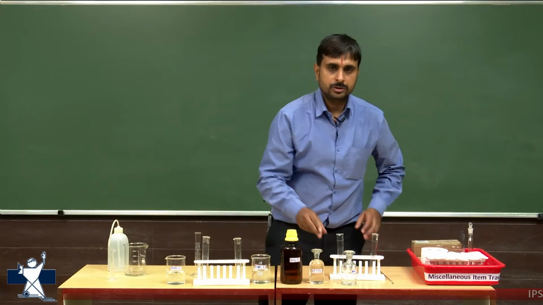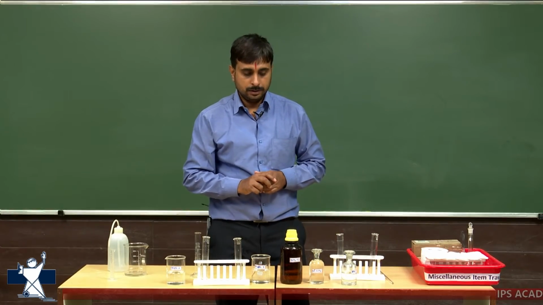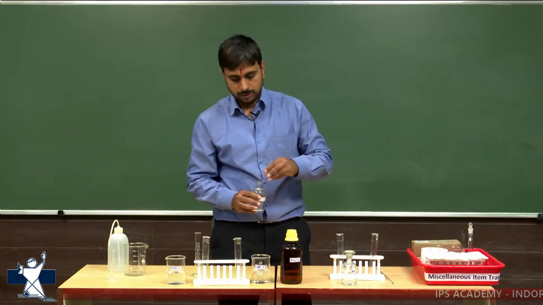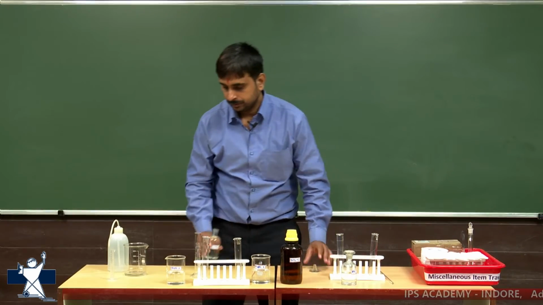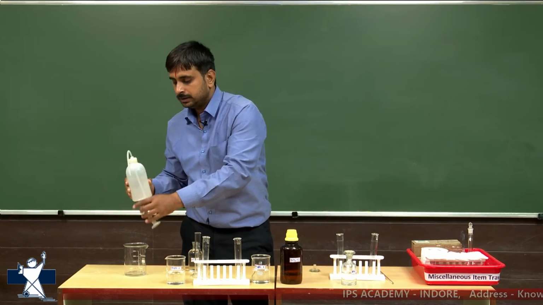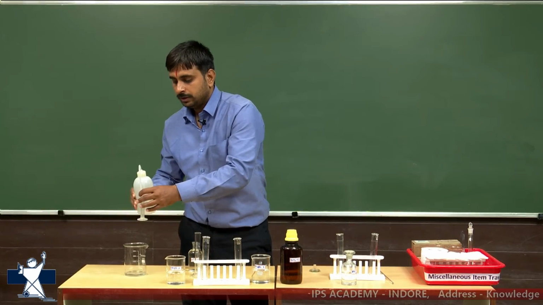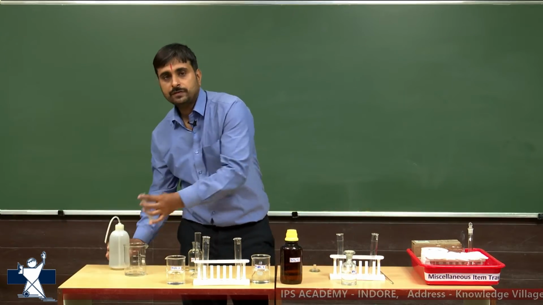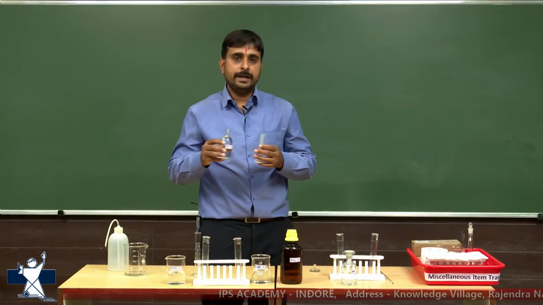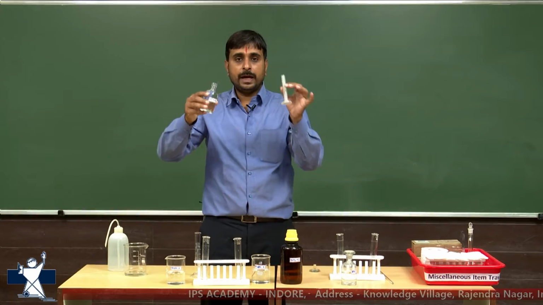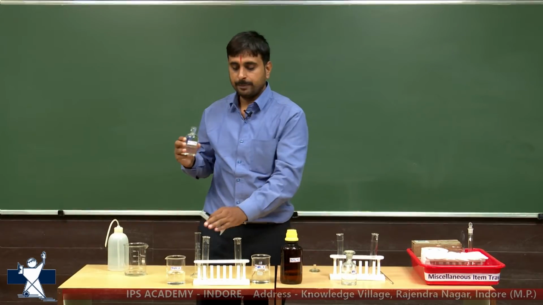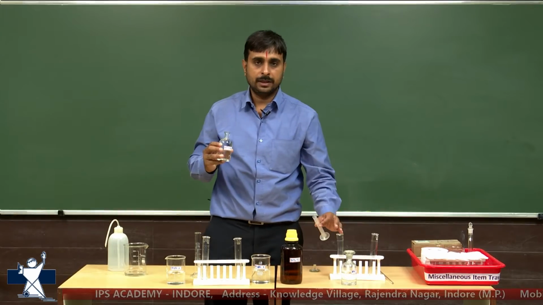Now, to this solution we will add nitric acid. We can add up to 1 ml of nitric acid each. The nitric acid in this sample solution will allow the ionization and the reaction of silver nitrate with soluble chloride. So, we will add 1 ml of nitric acid in all 3 solutions: sample A, sample B and standard solution.